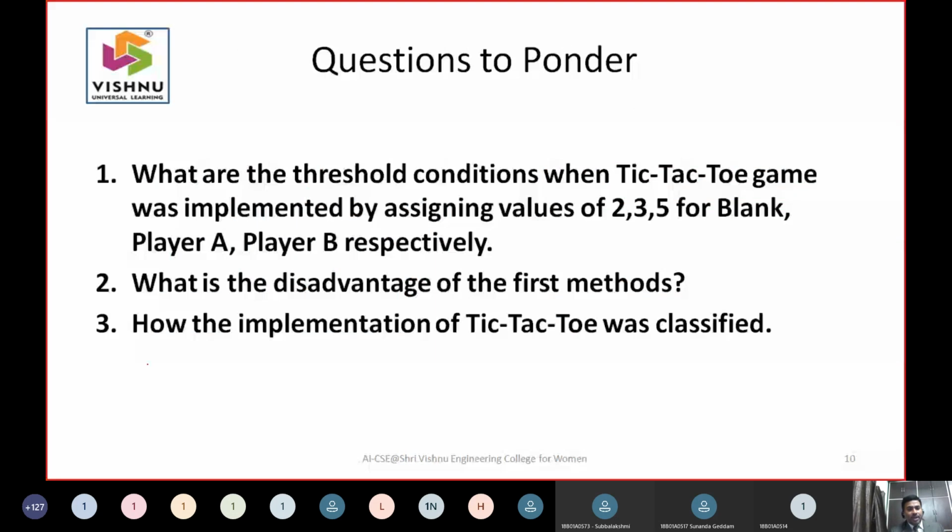So the summary of the class is very simple. You have seen three different methods to implement the tic-tac-toe game. The first two methods are concerned with the values of A's, B's and blanks. The last method is only thinking about the change of positions. Once you change the positions, you get a predictor. Once you change the values, your intelligence from the first to the second step is increased.